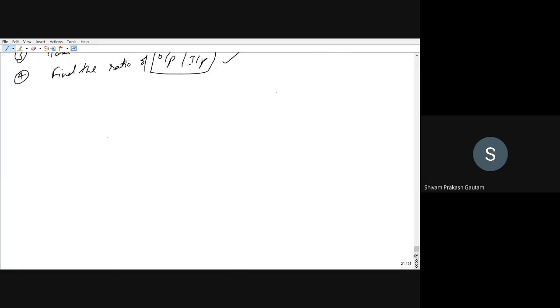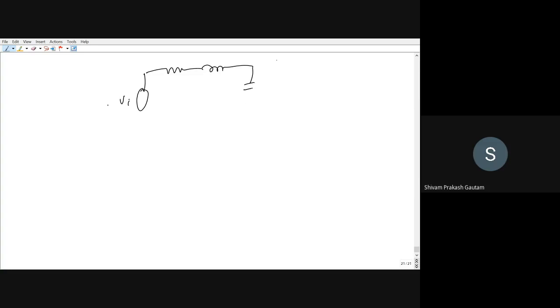So for the case that we have just seen, again I will be drawing the circuit. That is Vi with a resistor, an inductor, and a capacitor. So this is resistance R, L, and C. The current flowing in this is i(t). We want to measure the output voltage, that is the voltage across the capacitor. So I'm calling it V out.